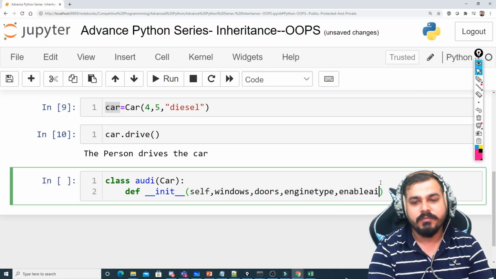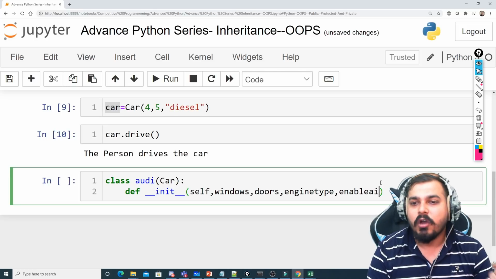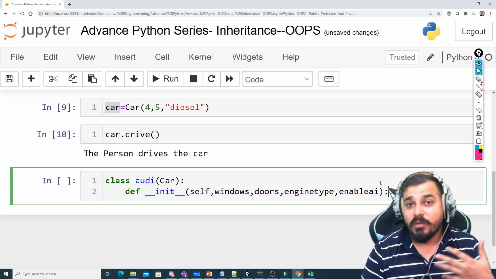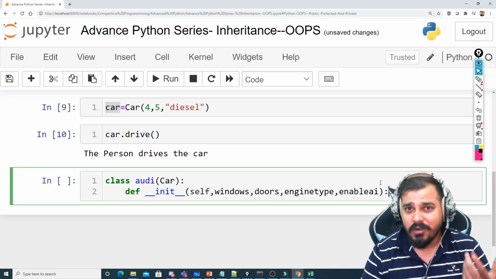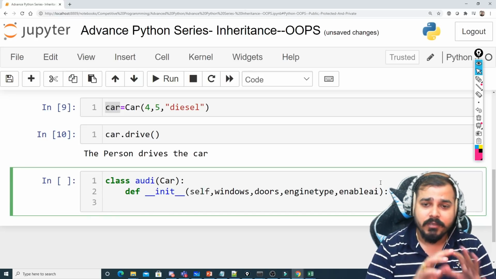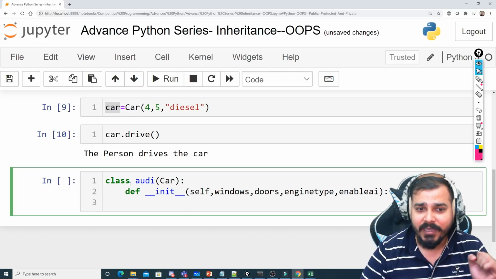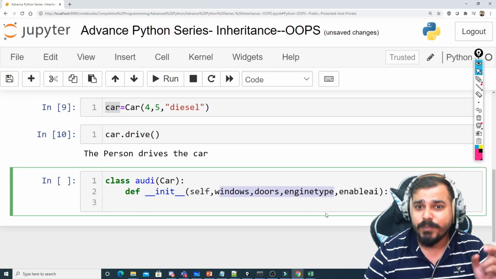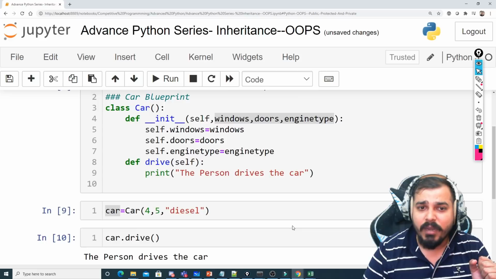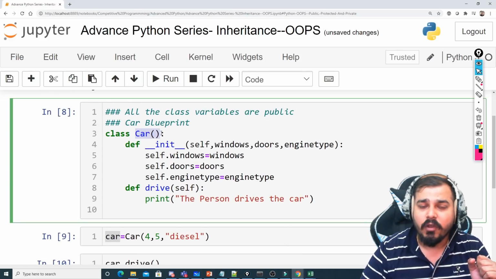Suppose this is my additional field the Audi car wants, because this enable AI basically says whether AI functionalities are present in the car or not, right? So I will write all these things, but now you need to note one thing. Once we are inheriting with this car and we are taking all these particular parameters, we also need to specify that these parameters will be inherited from this particular car